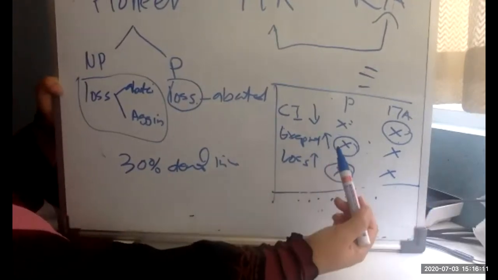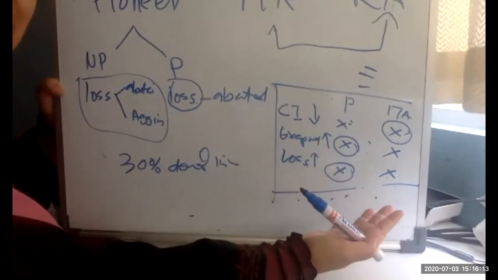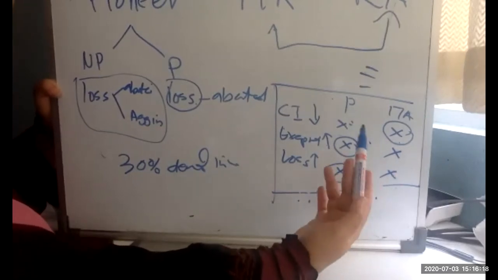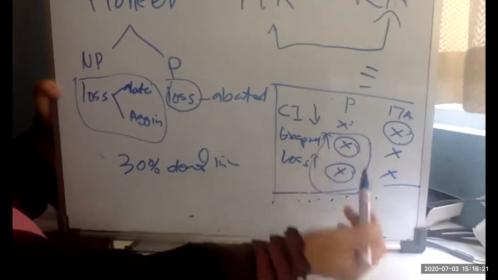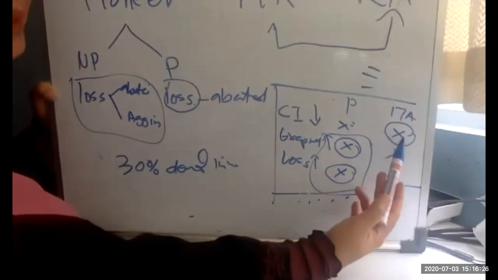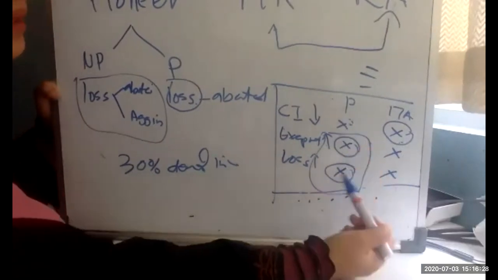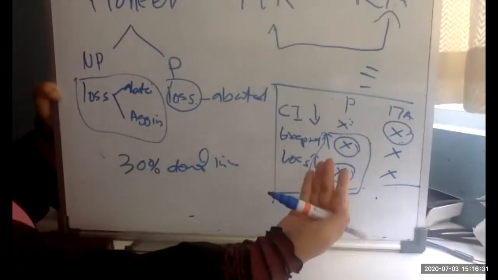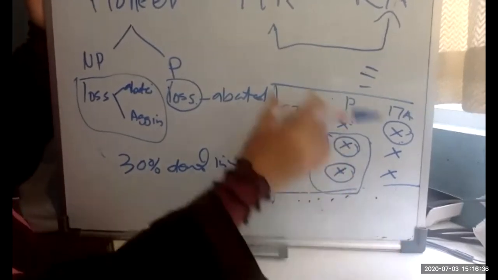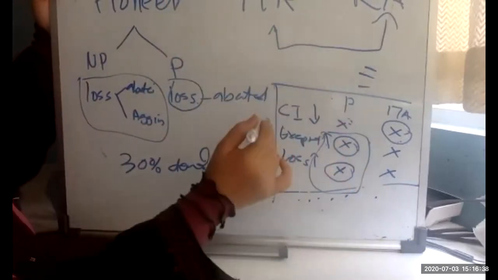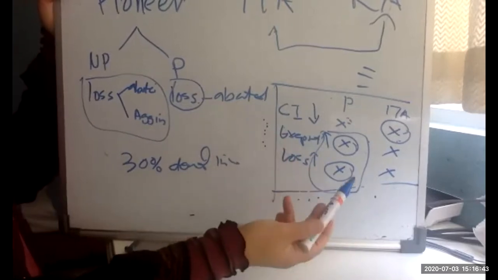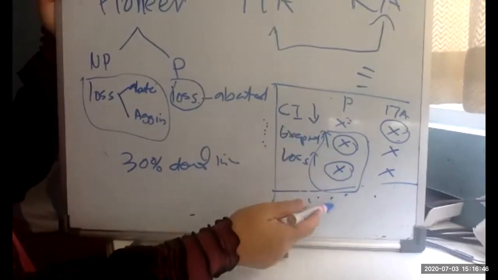Why is it so important about exempt income? Because you can declare tax exempt dividend at 2-tier level, right? Chargeable income, never mind, because you have to focus on what is better for the company. So you can highlight these two, even though chargeable income is higher under ITA than under pioneer, but the exempt income and loss are higher. So at the end, when you compare pioneer and ITA and you want to give advice, you have to summarize. Plug in the figures from the computation and then justify.